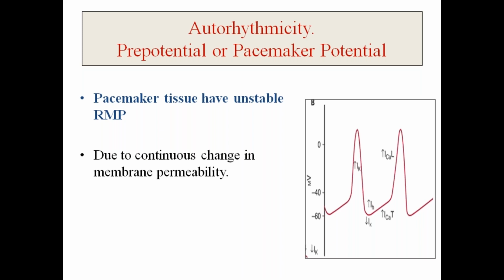In very short, what we want to say is that for contraction, the skeletal muscle needs innervation by a nerve. If you cut the nerve, there will be paralysis of the muscle. In cardiac muscle, you have nerve innervation through the autonomic nervous system, through the sympathetic and parasympathetic systems. But these innervations are not generating the impulse. Rather, they are controlling the rate at which the impulse will be generated. If there is dominance of the sympathetic nerve, then the rate at which the impulse is generated by the SA node will increase, and your heartbeat will increase.